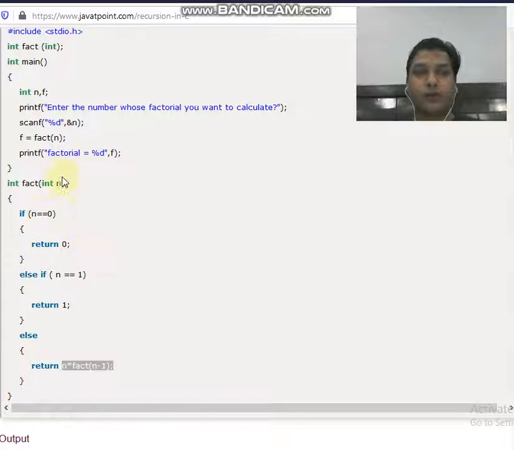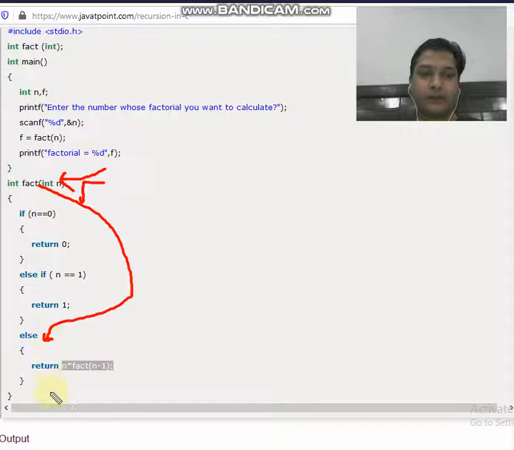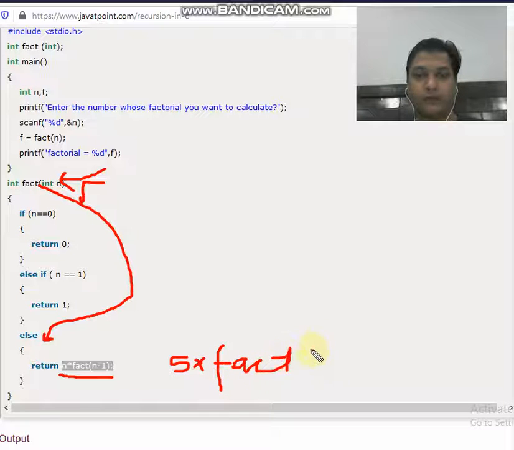So I was telling you how this recursive function works. Over here you can see that the value of fact, or the fn, that was passed was 5. So when it reaches the else part, over here it is written return n, that is 5, multiplied by fact n minus 1. So over here you can easily see the n minus 1, the value of n minus 1 becomes 4. So this gets converted like 5 gets multiplied by fact 4.